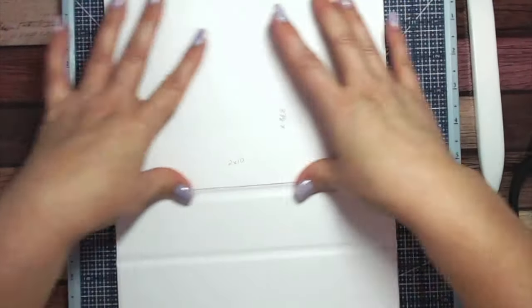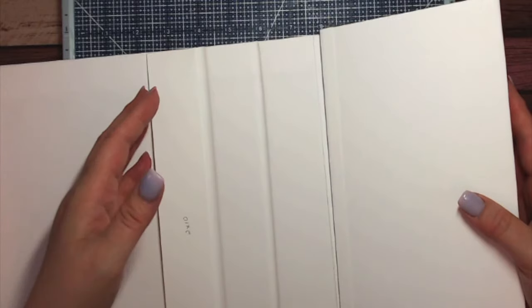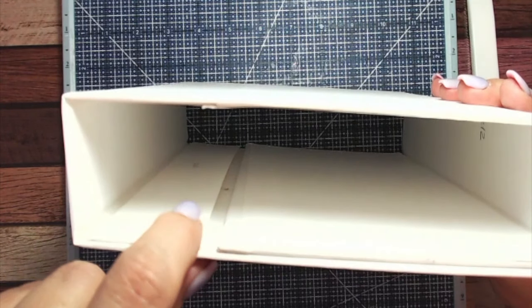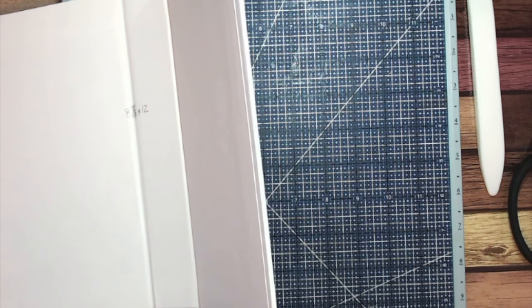And there you go. Just give it a little bit of pressure to hold till the glue catches, and then you have a nice pocket. So you can see, there's your pocket right there. Cool, right? First piece done. One other thing you might want to get handy is a baby wipe, just in case you have any glue